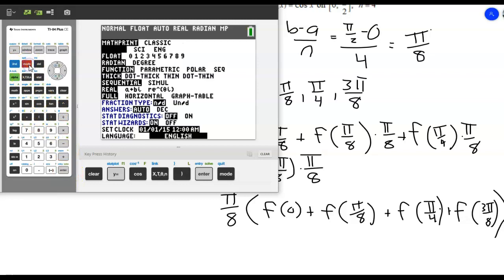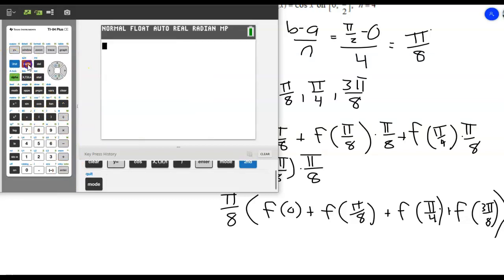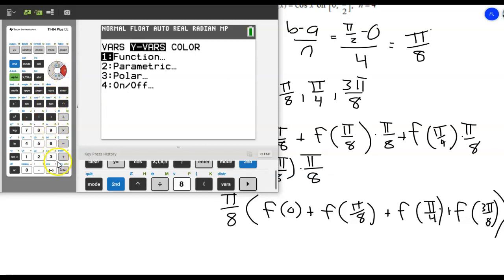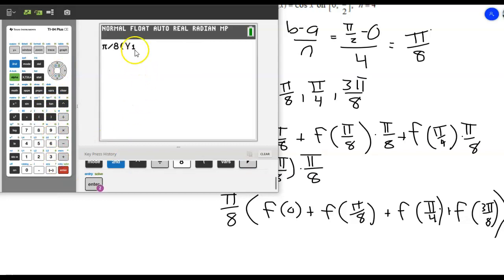Enter. Let's make sure that we are in radians, which we are. And now I'm just going to do this. I'm going to do my second pi over 8, and we're going to multiply that by, and this is where it's going to get a little bit cool. I'm going to hit vars, Y variables, y1. So I'm going to take that y1 function I just put in there, evaluate it at 0,